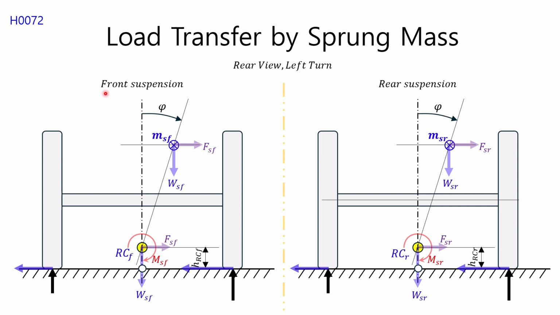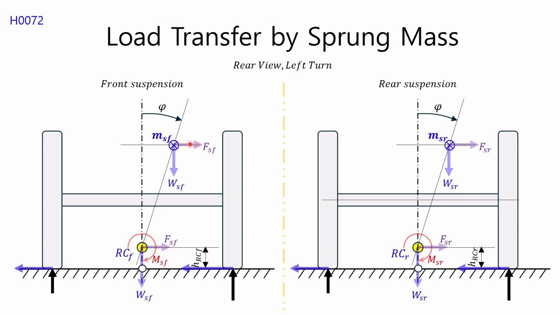The left figure shows the front suspension, and the right figure shows the rear suspension. In the left figure, MSF represents the sprung mass acting on the front, and the blue cross mark represents the corresponding sprung center of gravity. When lateral acceleration is applied, a lateral force FSF is generated, and as a result, the sprung mass tilts by